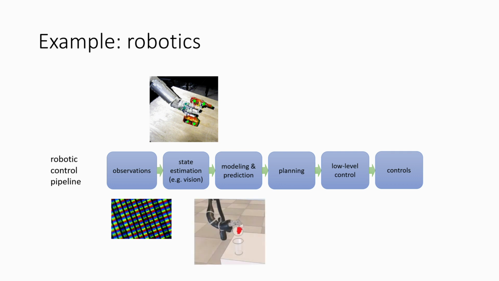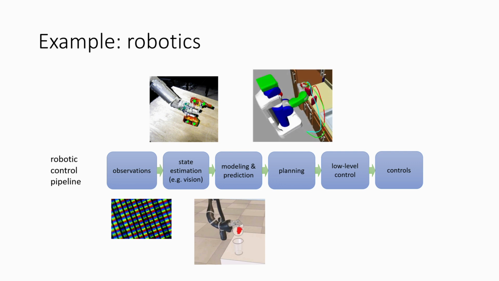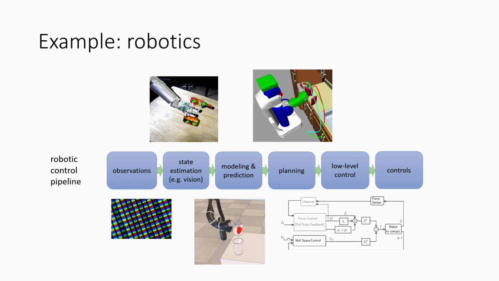Maybe then it has some kind of modeling or prediction system. It has to figure out, well, okay, the cup is over here. If I tilt the cup, will the contents pour out or not? So there's some kind of model of the world. Then that model is used for planning. Then that plan is then passed to a low-level controller, and that low-level controller actually executes the skill in the